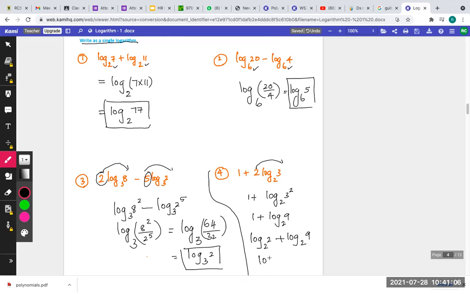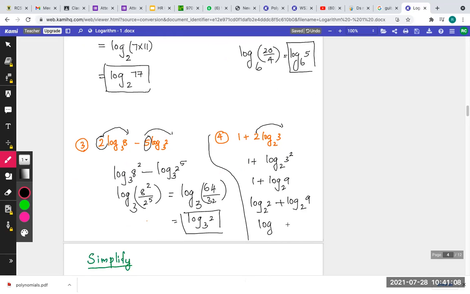Okay, so that's equal to what? Now we can apply the laws of logarithm. It becomes log 2 times 9 to the base 2. That will give you log 18 to the base 2. All right, log 18 to the base 2. Is that clear, guys? I hope it is. So it is very simple. If there's a 1, you can write it as log 2 to the base 2. Let's say if the base of this question is 5, then you should write log 5 to the base 5. Then only we can apply the logarithmic law.